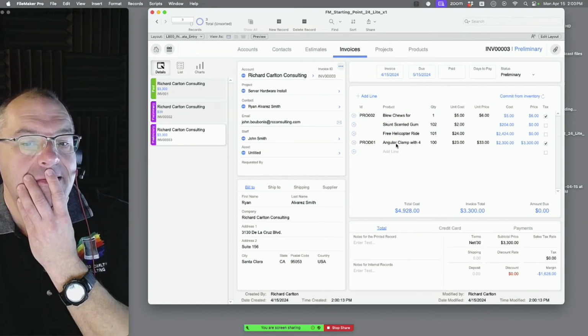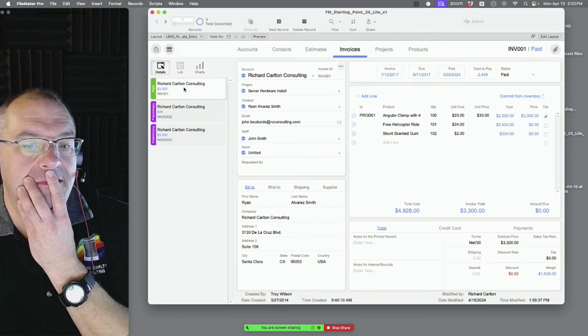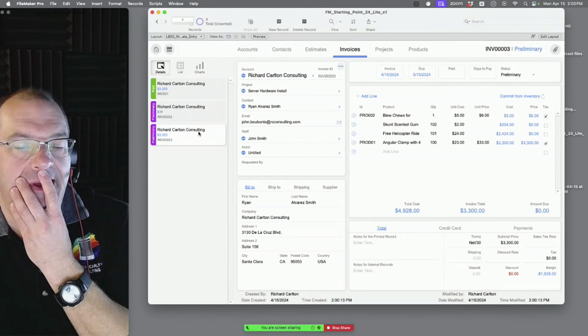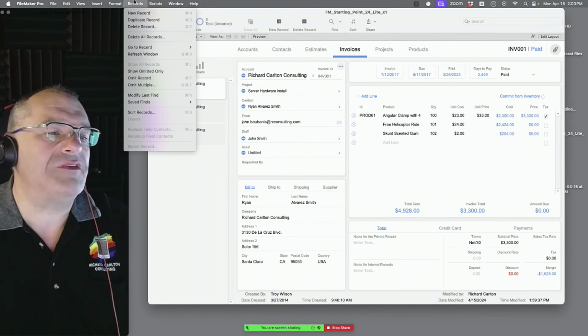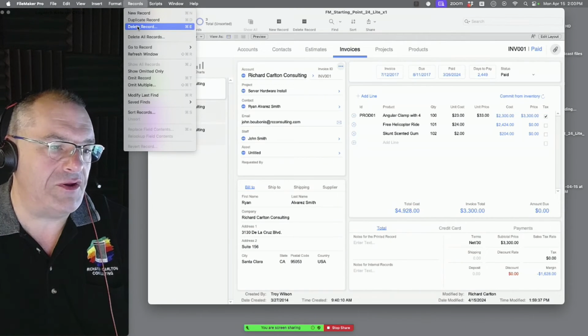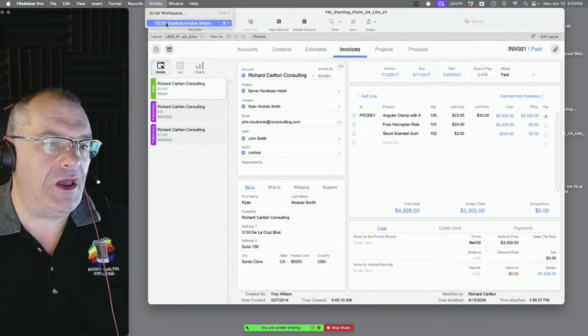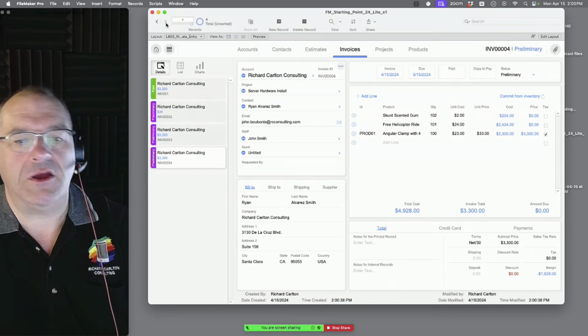Is there 4? It's the same amount, but there are 4 products. Oh, there was already a 103 in there. I'd already done that somewhere. If I do this again, it's because of bad data, test data. If I do it again, script, I say 1, 2, 3. There you go. Oh, got it.